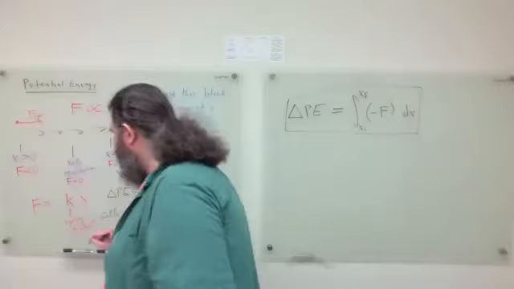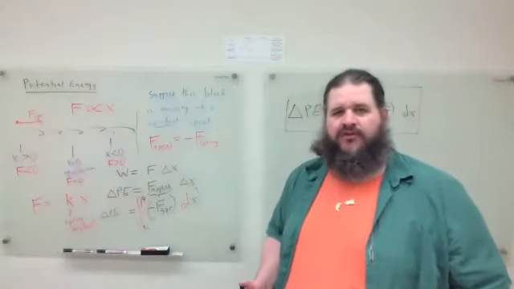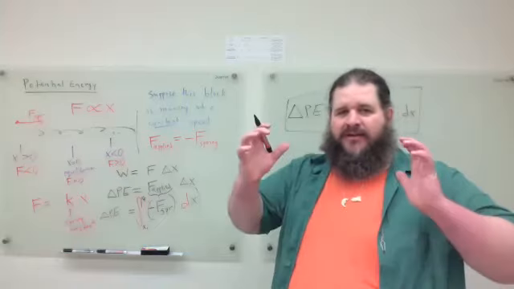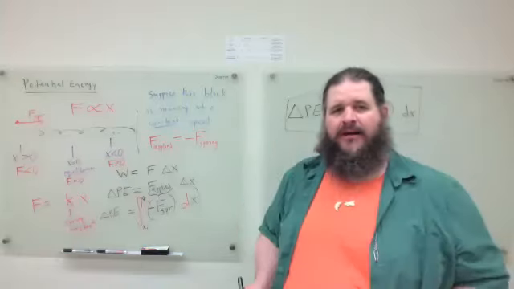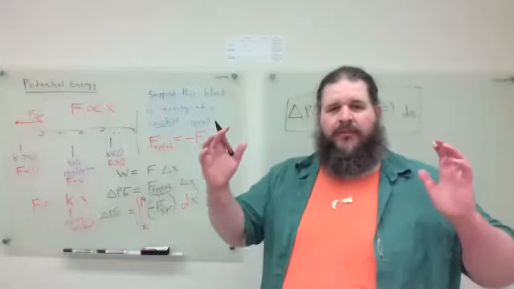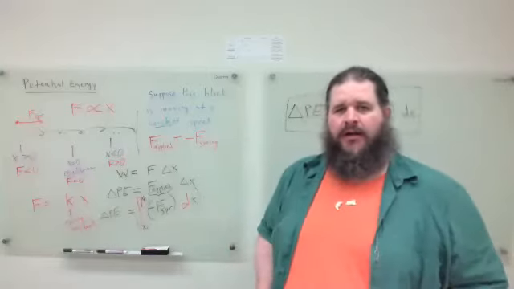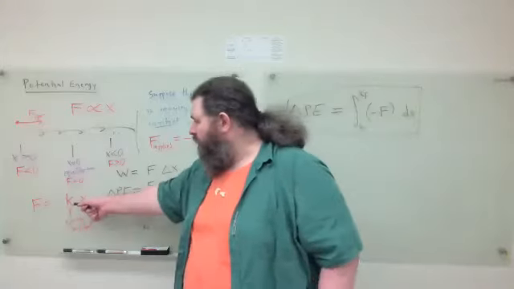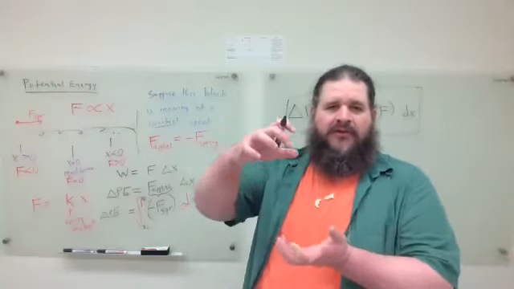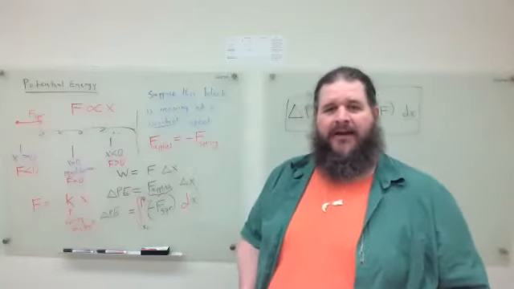So K, the spring constant, essentially represents the stiffness or strength, sturdiness, I guess you might say, of the spring. A large K value means it takes a lot of force to compress it a little bit. So a very stiff spring. A small K value, close to 0, means it's very easy to compress the spring. So for instance, a slinky would have a very small value of K, close to 0. The big sturdy springs in car suspensions would have a much larger value of K because it's much more difficult